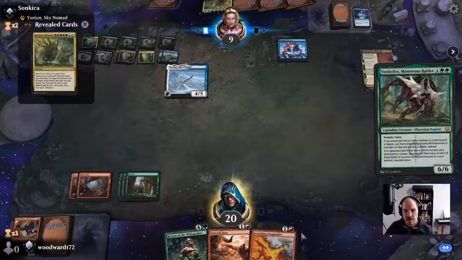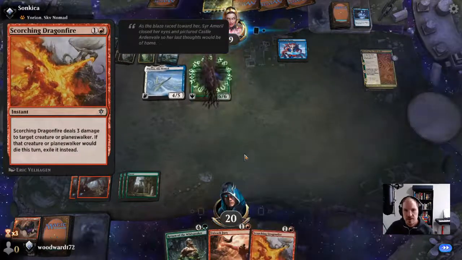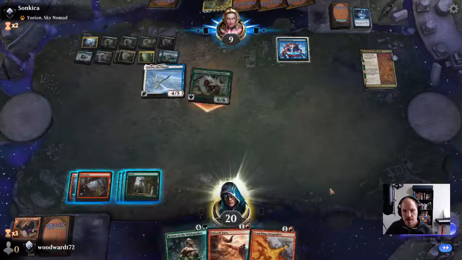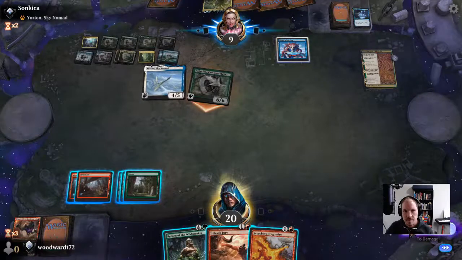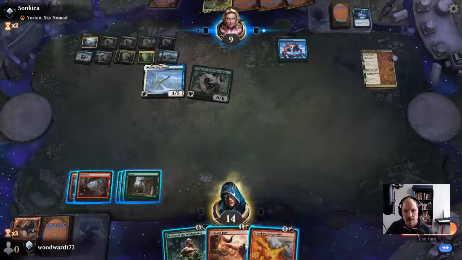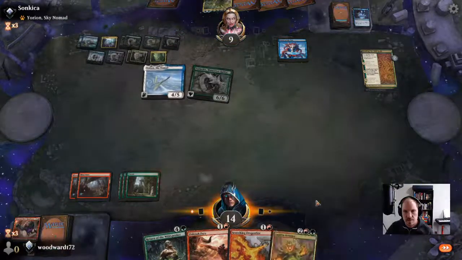Scorching Dragonfire is a good card. Obviously, the creatures our opponents are playing are bigger than our removal spell can take care of, but there are targets for this card, so...